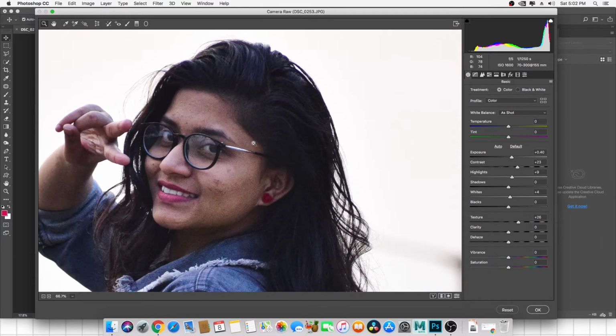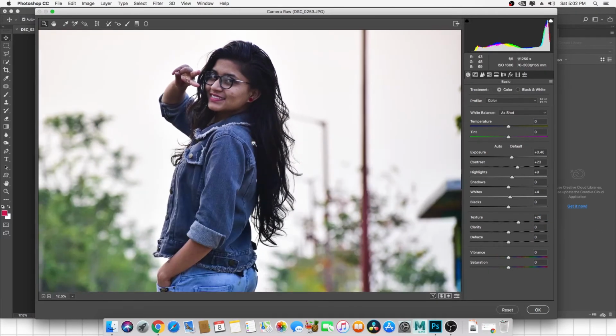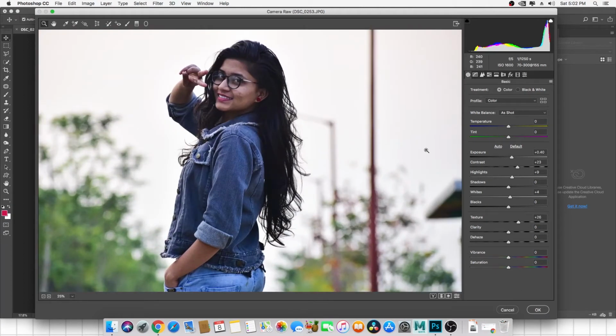Okay, so I'm going to alt and select and zoom out. Okay, fine. Next we have vibrance and saturation, which are different things. Saturation means we are mixing every color in highlight, midtone and shadow, but vibrance means we are only going to add colors to midtone and highlights. Okay, so I'm going to increase vibrance, so the skin tone is becoming too red, and as you see here the jacket color is increasing on increasing vibrance, so it gives us a kind of saturated look, which I like so much.